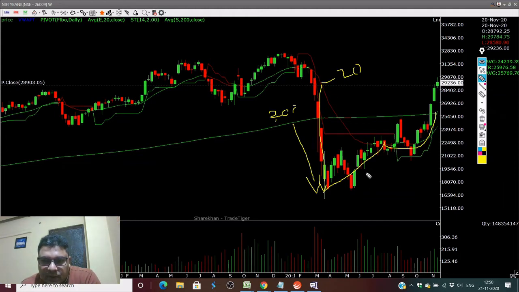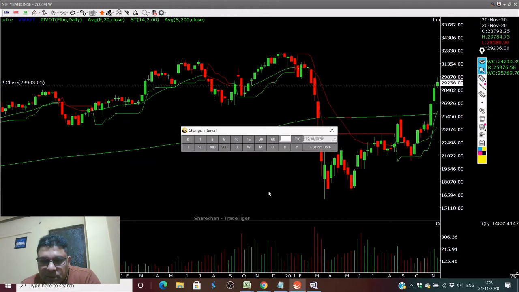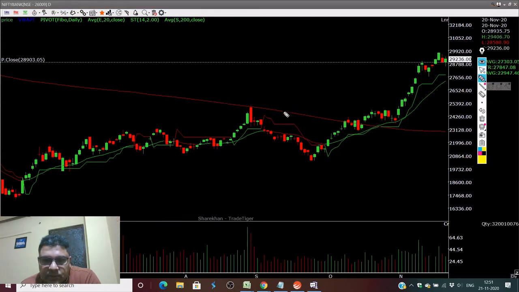If it has to fail, then it will fail here and then start going further down. So this you can see on a lower time frame. Let me show you a lower time frame on a daily chart. See, on a daily chart here, the trend has been, it got rejected here at 200, formed a nice bearish